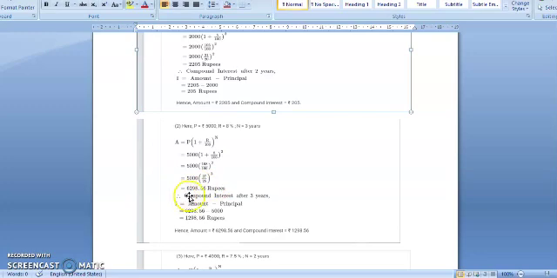It will give you 6298.56 rupees. And to calculate the compound interest, we have the formula: interest equals amount minus principal. So this is the amount minus this is the principal amount. So you will get the final answer as 1298.56 rupees. So amount and then compound interest you have to write here as an answer separately.